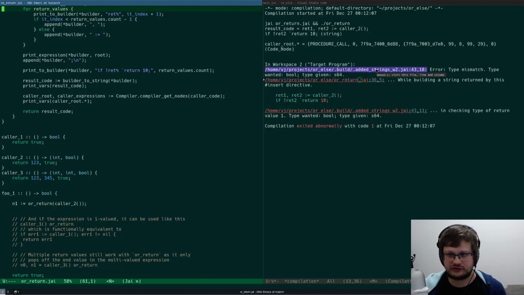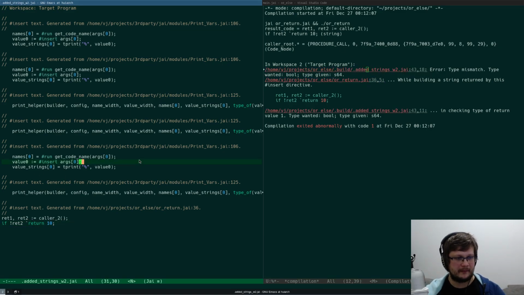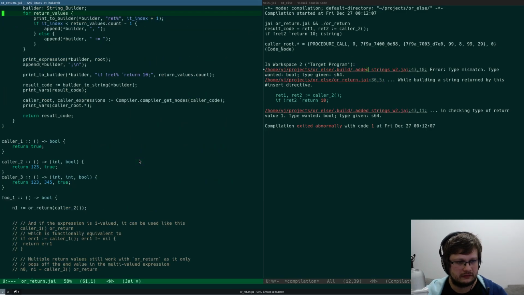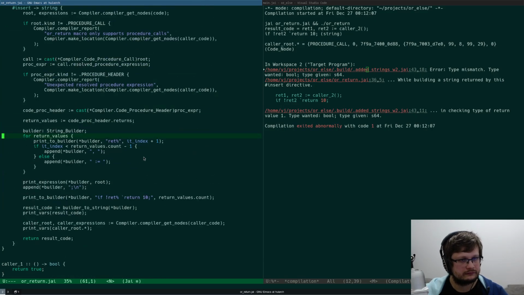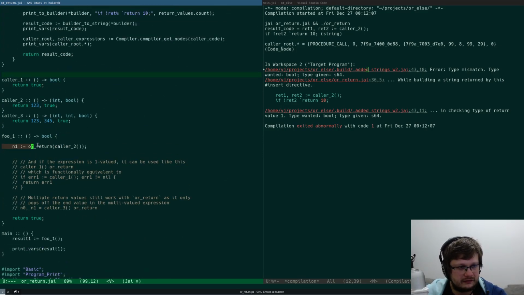Like I have added strings here, but I don't have main. Which I think it would be nice if I had, like, here, where it happens. But we will improve errors later.